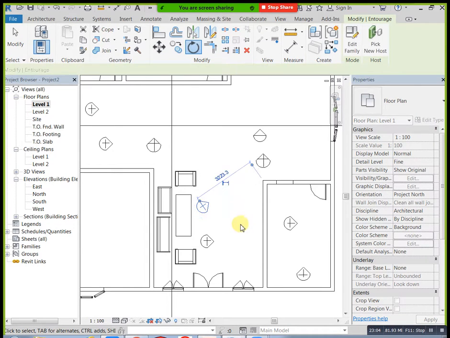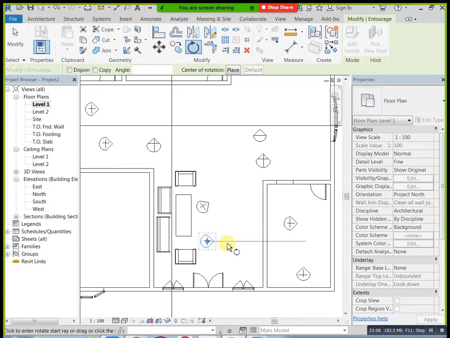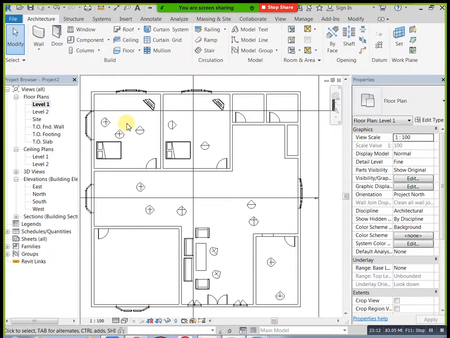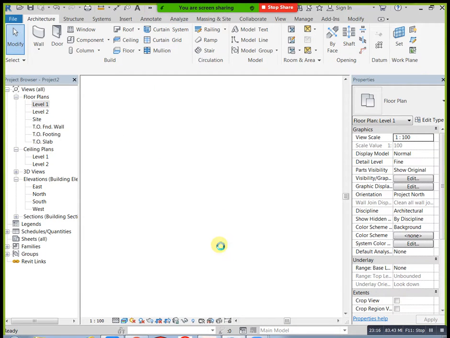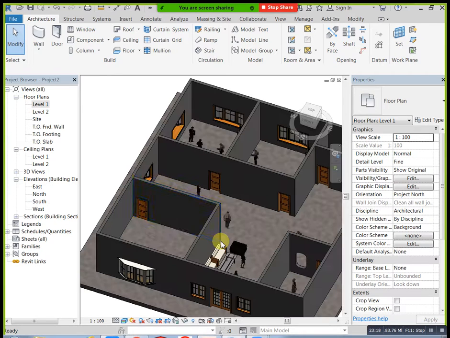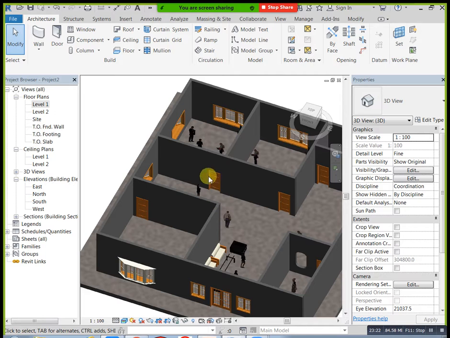See, some people are living here now. Like this. If you need to zoom, you can zoom. Like this. We can see this. Okay, and go to level 1.